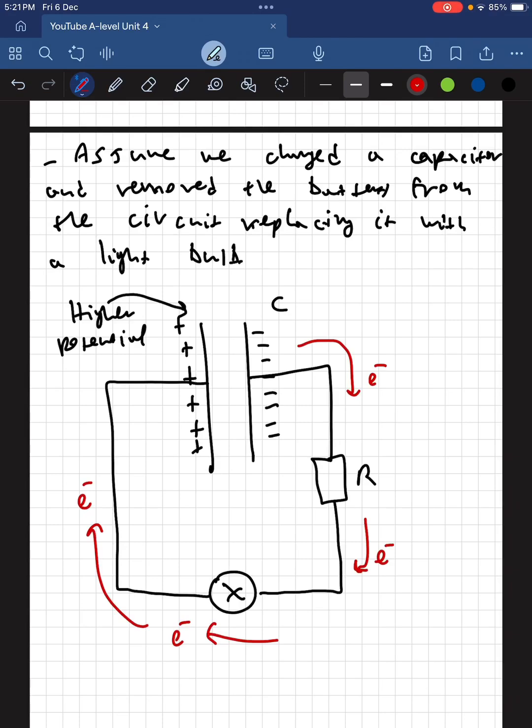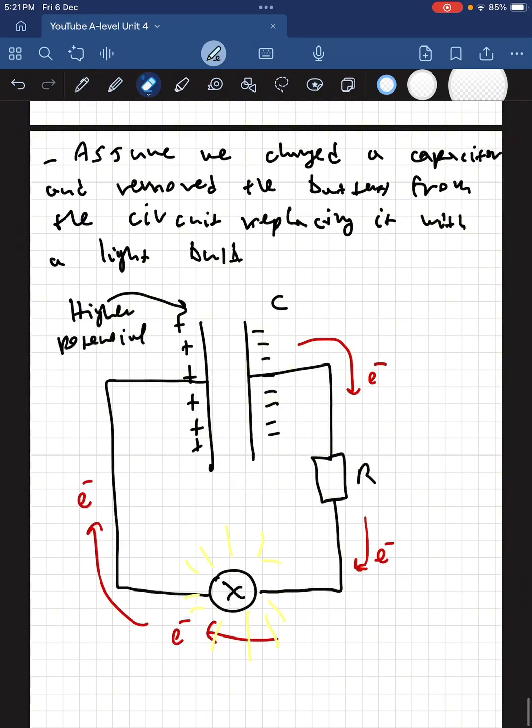But as the electrons flow, the light bulb will start glowing, right? Until all electrons are moved from the negative plate of the capacitor to the positive, and then the flow of charge will stop, therefore the current will stop, and the potential across the capacitor, which is initially V, is gonna drop to 0. Okay, so